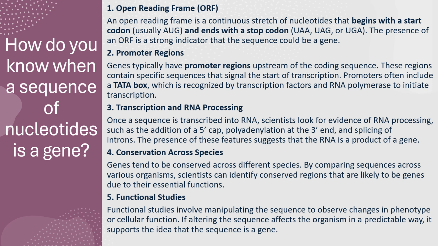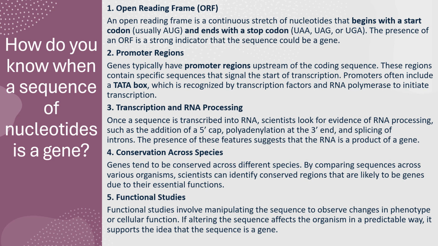Now, you've got the sequence. So you've got all these A's and T's and G's all written out, and you know the sequence. How do you know if your sequence is actually a gene? The way that we know that is we do one of these four things. Firstly, an open reading frame. An open reading frame is a continuous stretch of nucleotides that begins with a start codon. The start codon is always adenine, uracil, and guanine. I said uracil, not T, because in RNA, the T is replaced by a U. So if it starts with an AUG, then you know it's a start codon, and then you